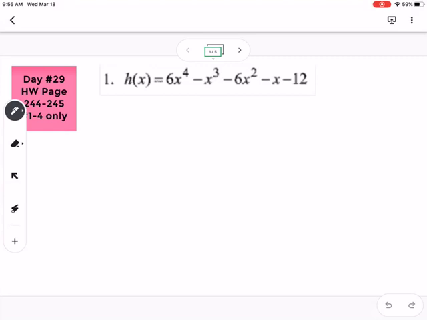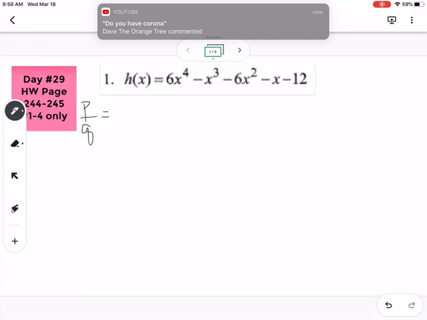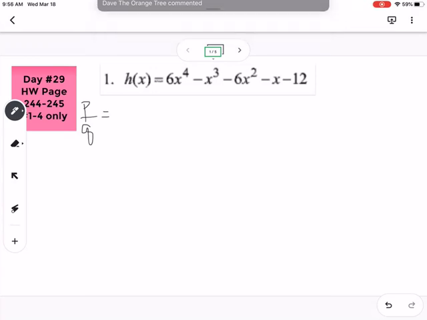All right, so start with figuring out your possible rational roots. We're going to use our p over q. What are we looking for? Our factors of the constant. So we're going to have plus and minus